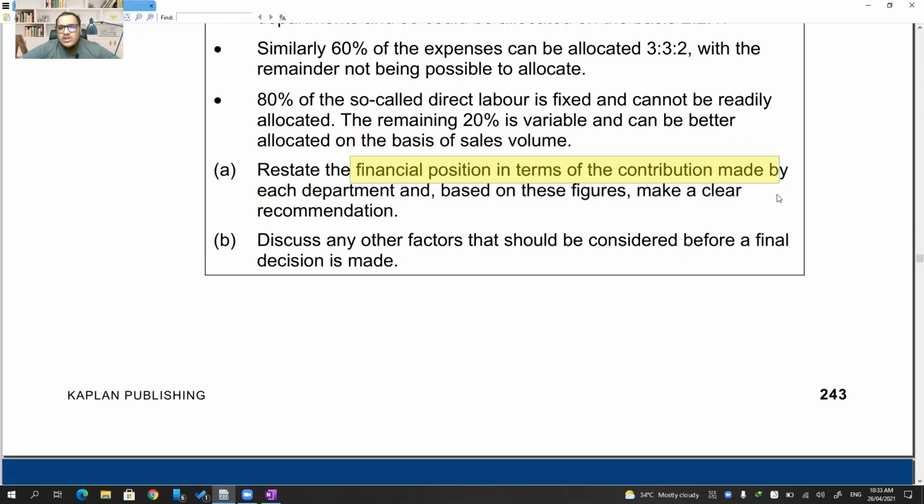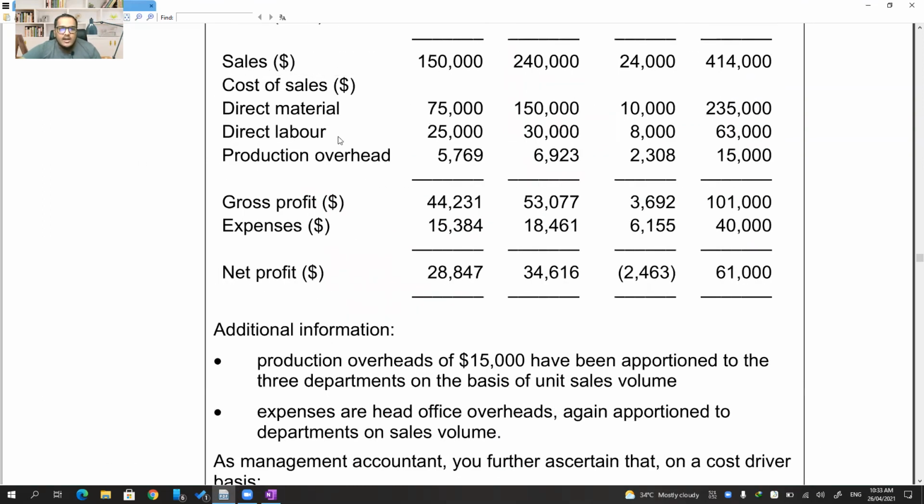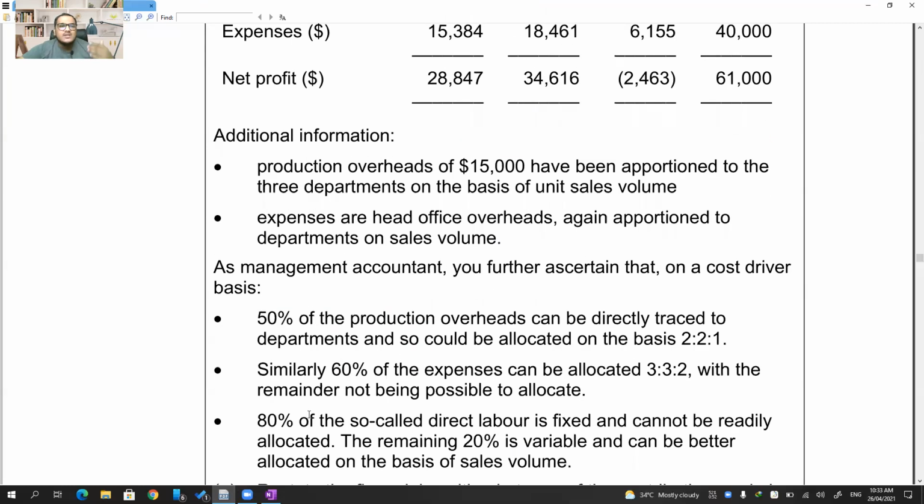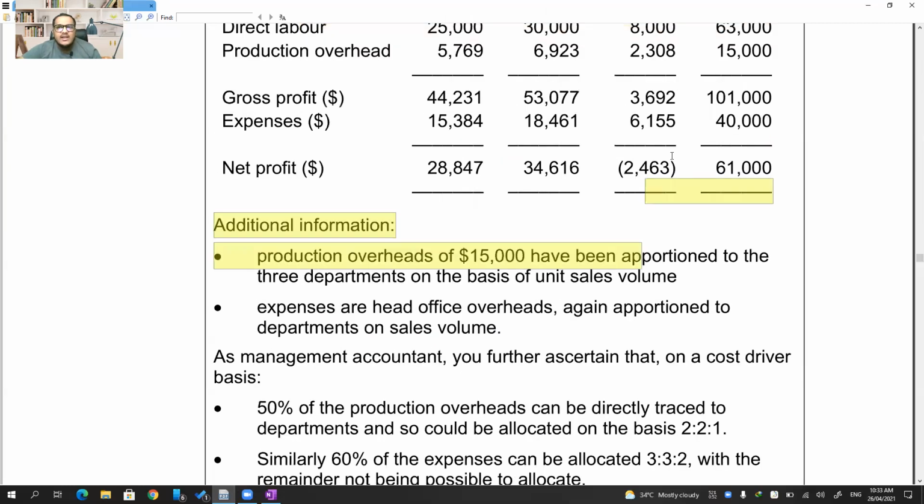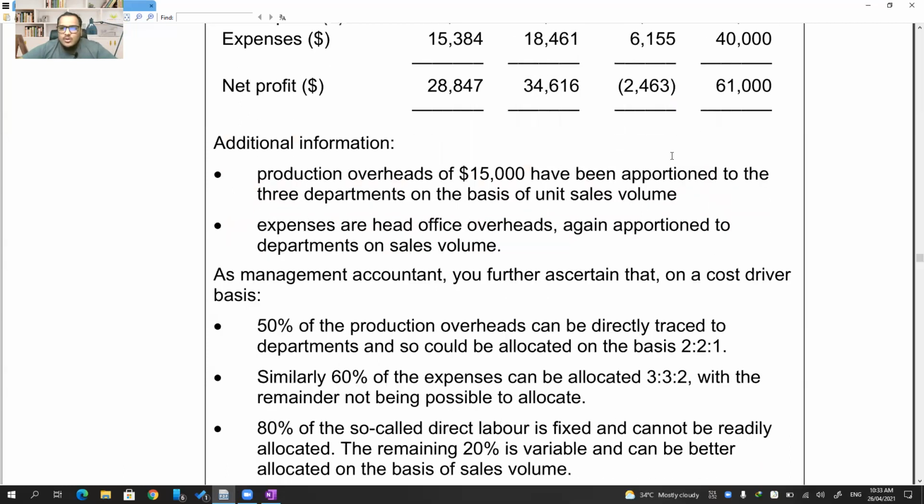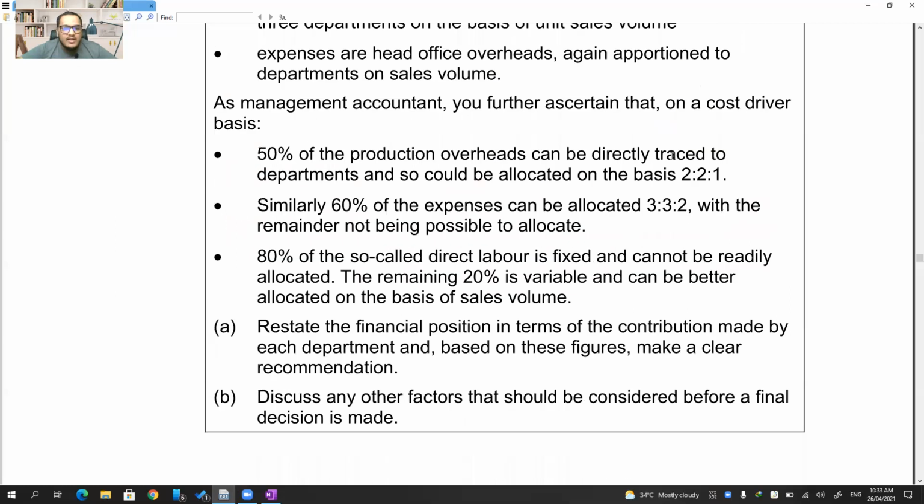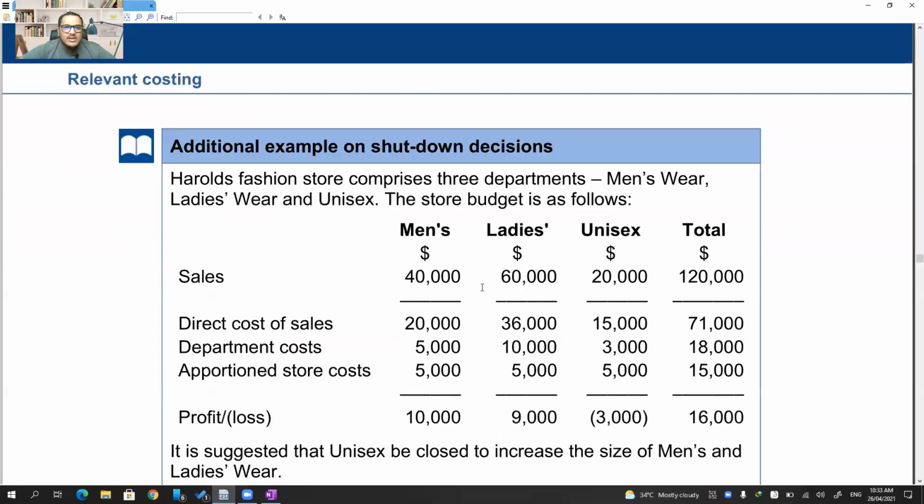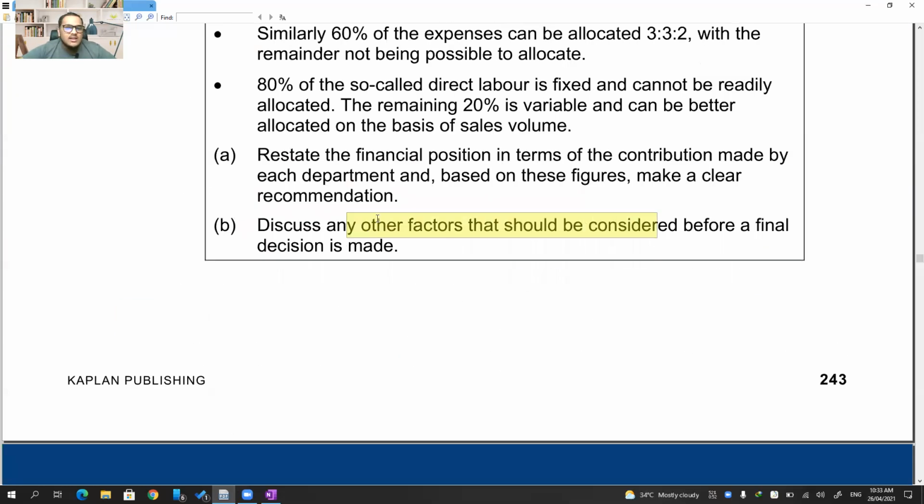Restate the financial position in terms of the contribution made by each department, and based on these figures make a clear recommendation. So they're telling you out of this direct labor, 80% is fixed. So 80% take it down below the contribution, 20% only keep above the contribution. So based on contribution, we will determine, right? That's what they're trying to tell you, and discuss any other factors that you may consider before you take the